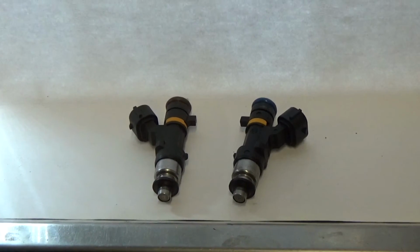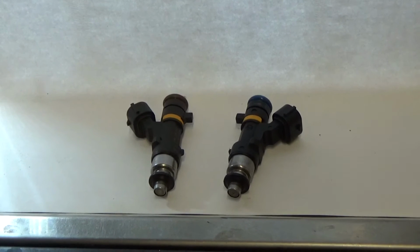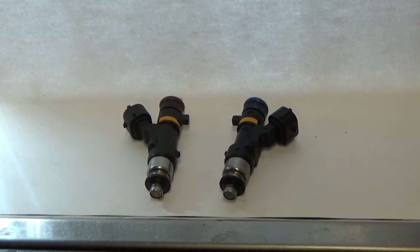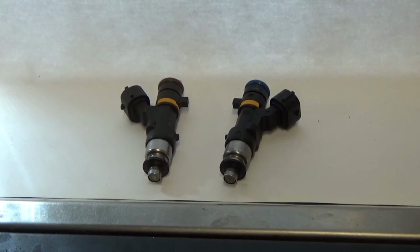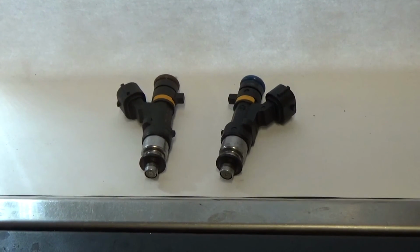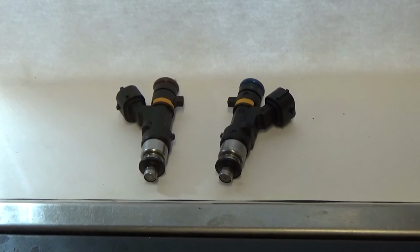Also come with the sheets that explain to you the different dead times with these, and also the different flow rates at which RPMs. Here at TLF Performance Parts, we want to make sure that all of our fuel injectors are exact to your